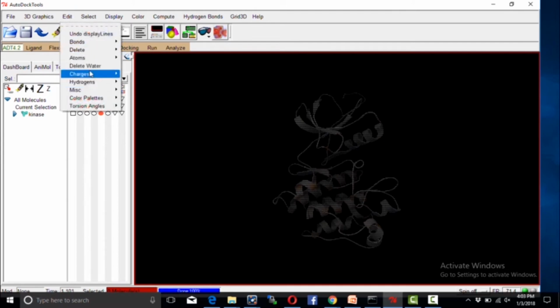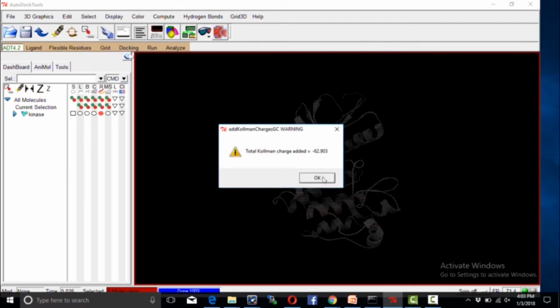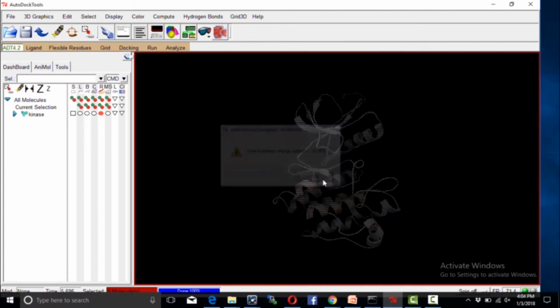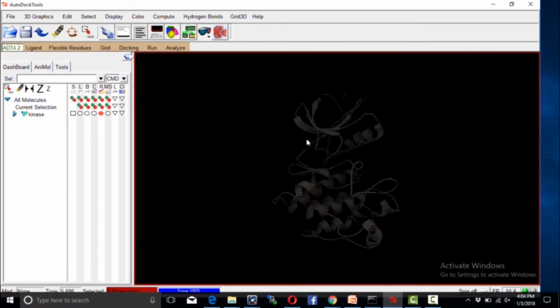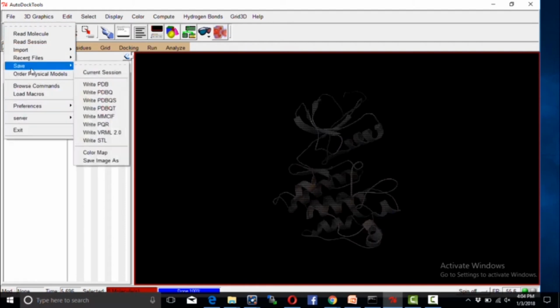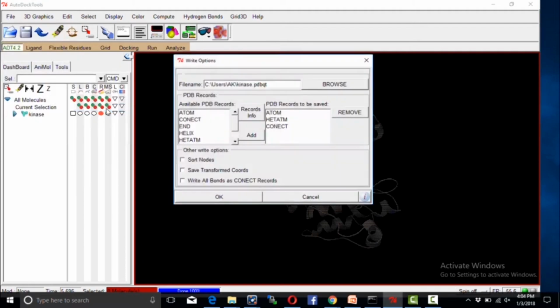Go to edit, atoms, assign AD4 atom type, then edit, charges. You have to add charges. You can use two charge options. One is Kollman charges, another one is Gasteiger charges. So I am giving here Kollman charges. Kollman charges will be computed based on quantum mechanics. So once you have added the charges, then file, save PDBQT,